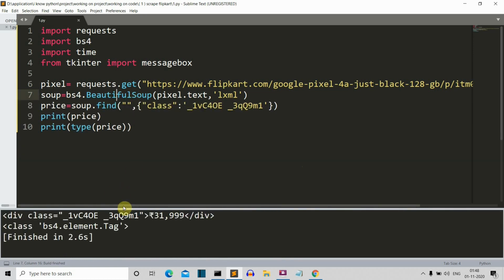Okay, so yeah, we are getting the output, and here you can see that this is a BS4 element. As I've told you, we need an integer for the comparison. So what we'll do is store all the data that is present in this price variable into a list.